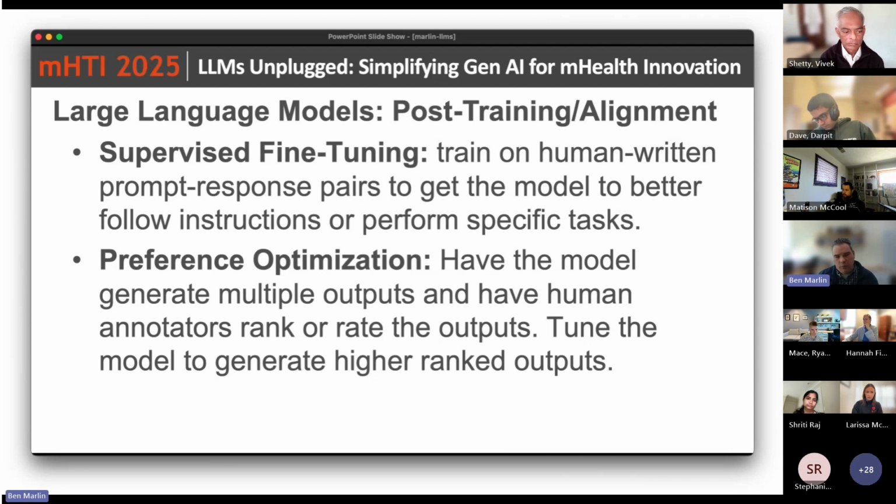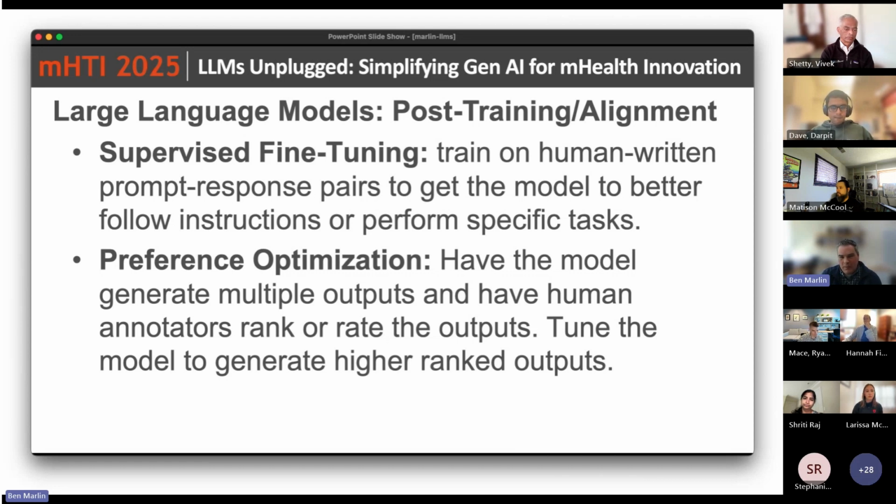There's another kind of post-training called preference optimization. People may have heard about something called reinforcement learning from human feedback, which is one example of this. Here, the idea is that you have the model generate a set of responses based on a prompt that you supply, and you have human annotators assess the different outputs that were generated and select which ones are better or rank them based on a set of criteria. Often the criteria have to do with truthfulness, helpfulness, and so on. Again, assessments are made, and then the models are updated to promote the generation of examples that annotators find more truthful or more helpful, or whatever the criteria are that are used to drive the ranking.